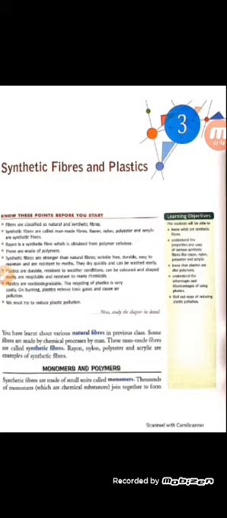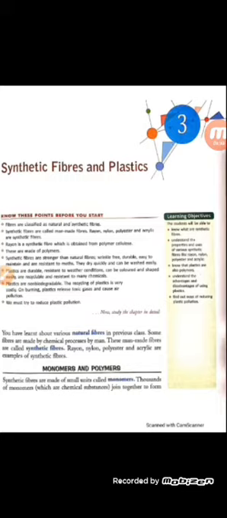Polymers are not only synthetic, they can be natural also. Cellulose is a naturally occurring polymer. It consists of thousands of glucose molecules joined together to form a long chain. Cotton is also the purest natural form of cellulose. You know, our body has proteins, and proteins are also polymers. They are made up of small units called amino acids.